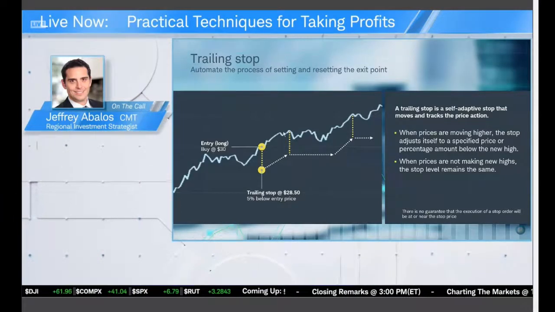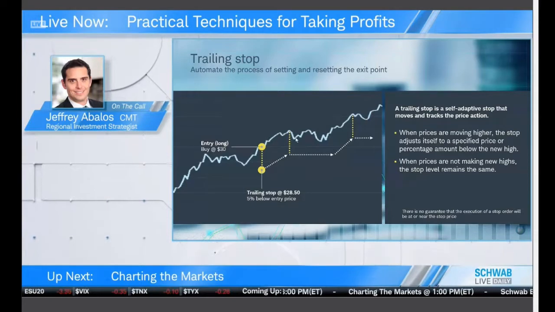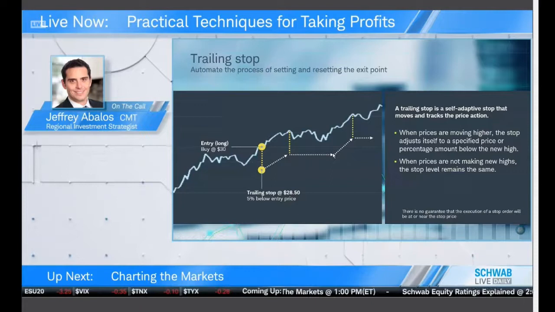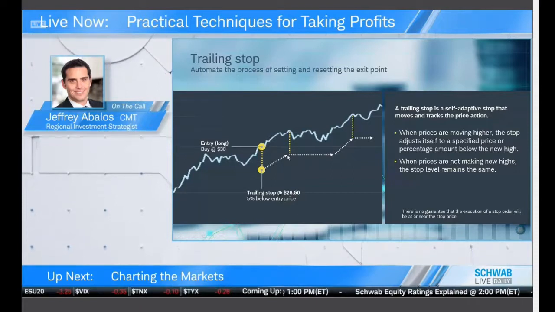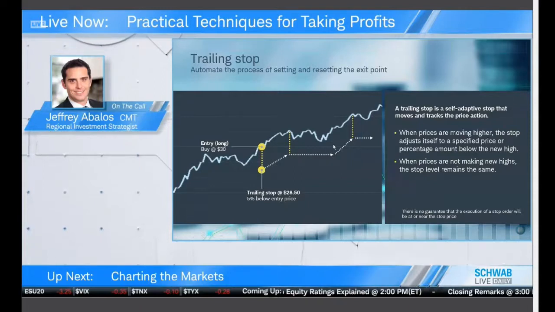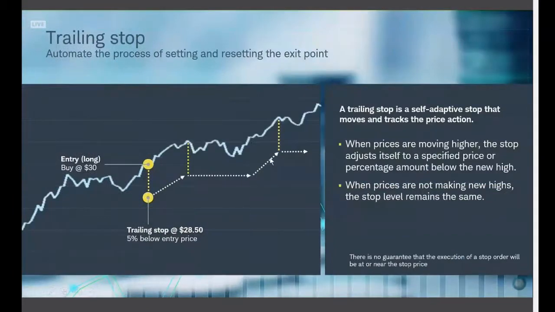So as it comes up, so too does your trailing stop. But notice as it goes down, the trailing stop just goes flat. Trailing stop knows how to go two directions, up and sideways. And then once it gets 5% away from that trailing stop point, now the trailing stop goes back up with it and it rises along with that.